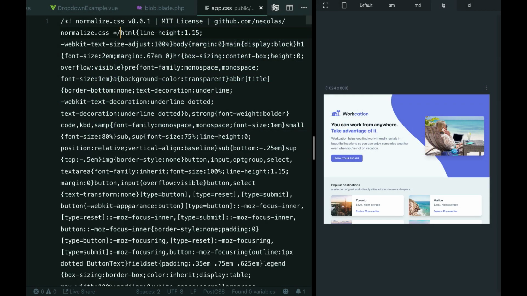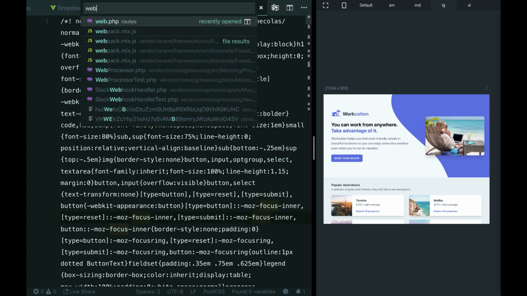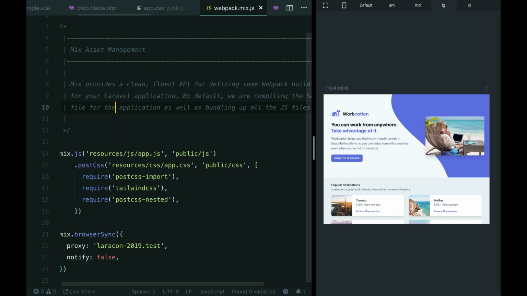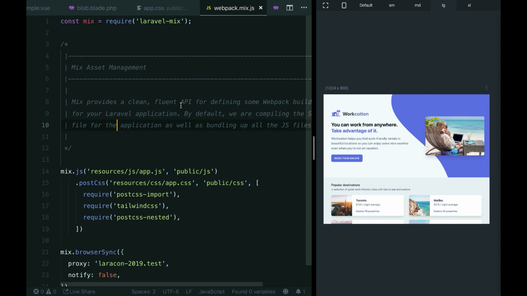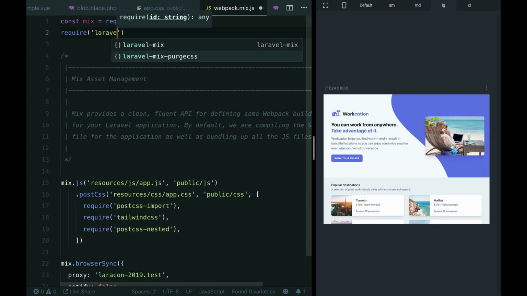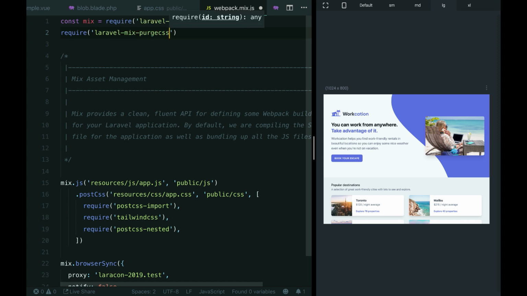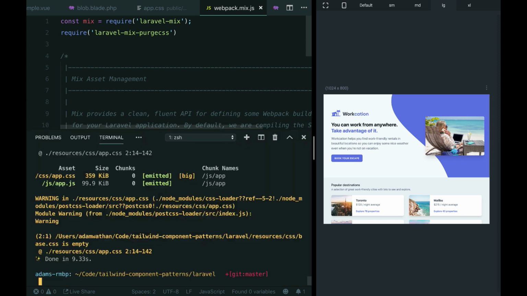So the solution to this is to use this awesome library called Purge CSS that'll remove any CSS you're not using. So the easiest way to do this with Tailwind, since we only got 50 seconds here, is to just require Laravel Mix Purge CSS by our good friends at Spatie. However you pronounce that company's name, I don't know. Love those guys, but I'm from North America, so. So you just throw that in at the top, then add it at the end here. And then if we do another production build,